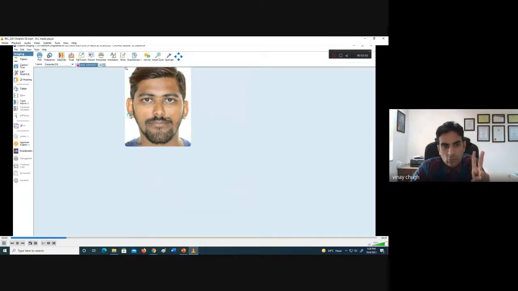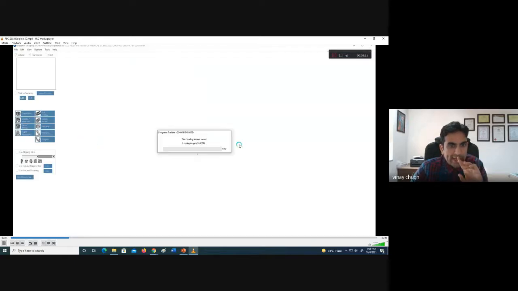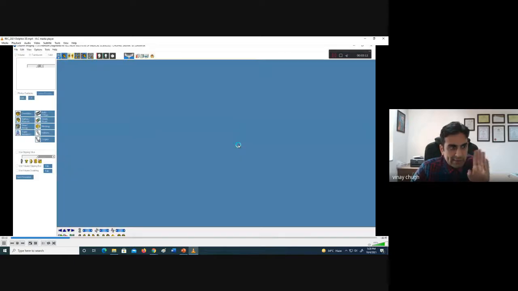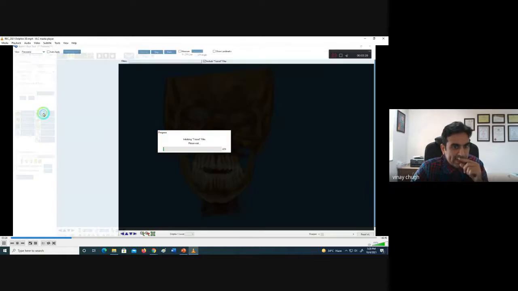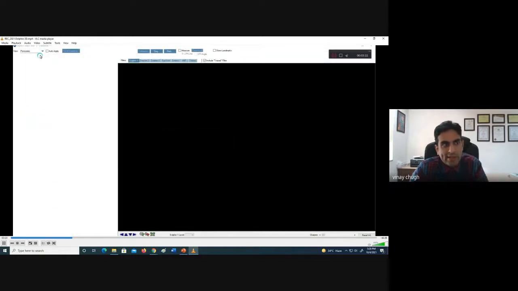So now again, we have two things. One is the frontal image and another is the 3D DICOM data. So these two things, and then we come to edit. The edit part is everything on the left hand side screen. So after orientation, the next step is build X-ray. So this is a mandatory step